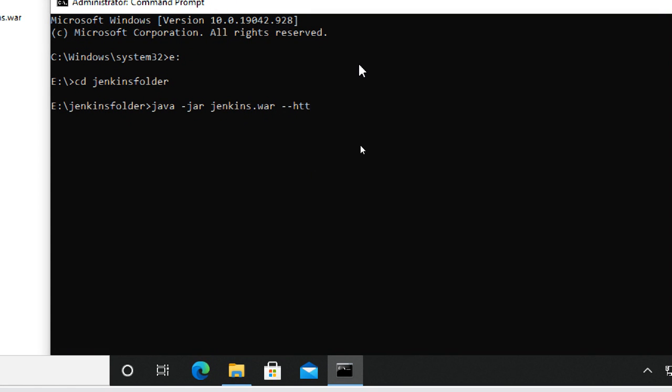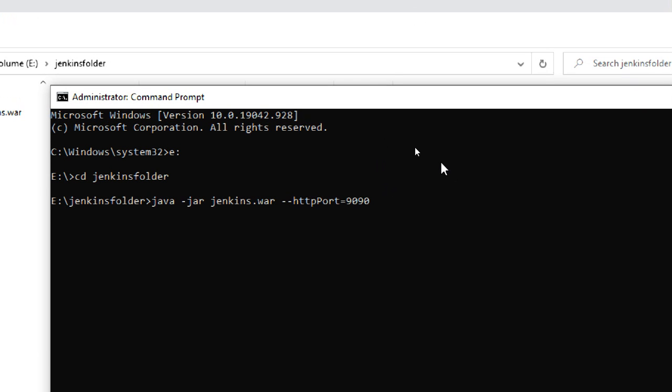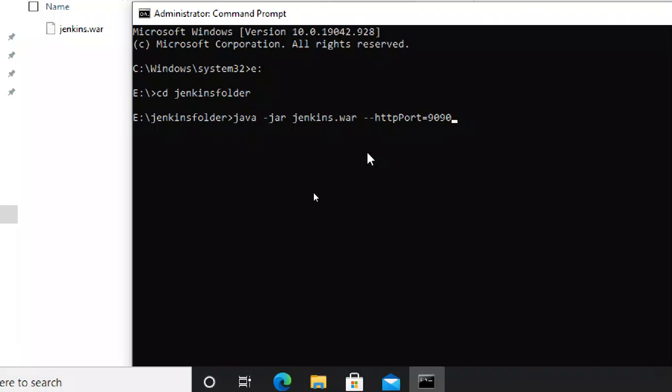So --httpPort=1990, because 1990 is usually not used by any other web applications or servers. Use it like this: hyphen hyphen http capital P port. HTTP in small letters, Port with a capital P. Okay, we'll see whether anything is wrong.